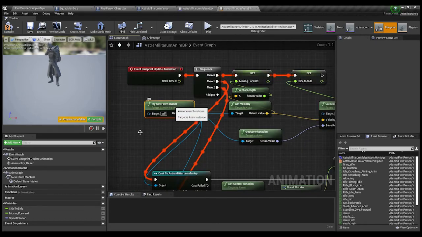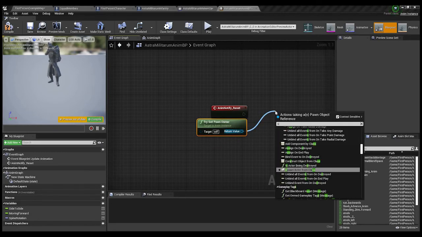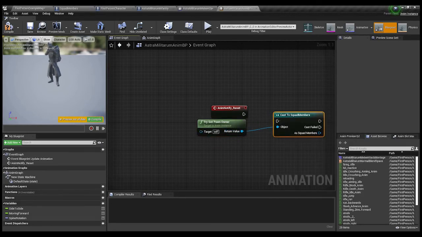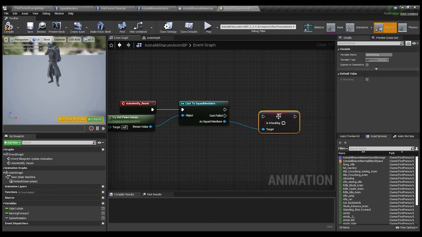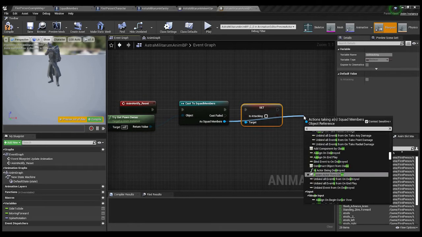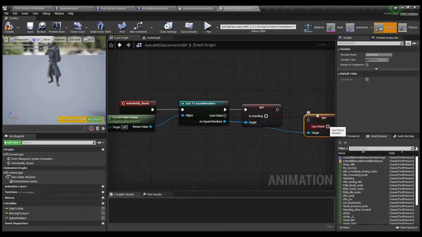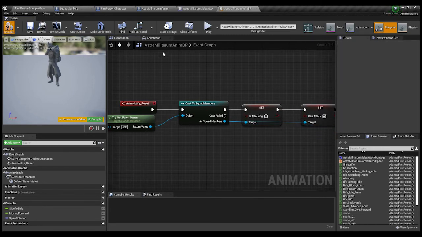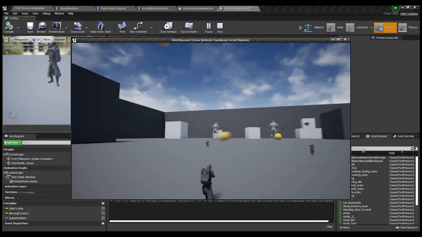I'm just going to get the pawn owner. I'm going to try get pawn owner, Control W it here, and cast to squad members. And here I'm going to set is attacking to false, meaning we can move again. And we want to set can attack to true. That way, if we compile, we'll be able to move again. So if we play this,